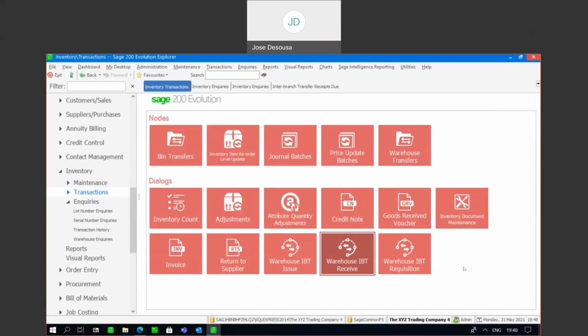In this instance, the branch would then process an IBT requisition requesting stock from the head office, and then the head office will then determine if they have stock available, and then if so, they would then begin the process of approving the requisition and then moving the items through a normal IBT process from the head office to the relevant branch. Right, so I'm going to go to warehouse IBT requisition,